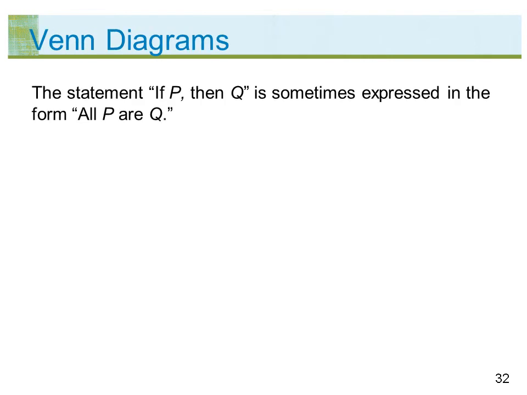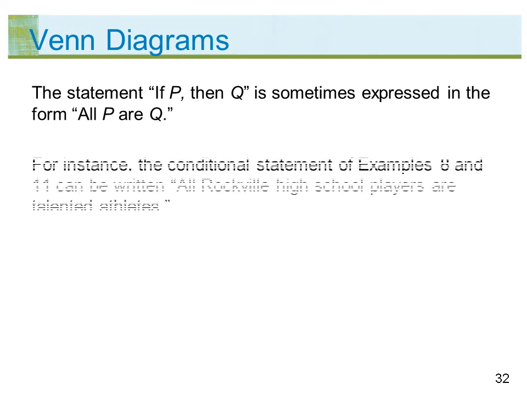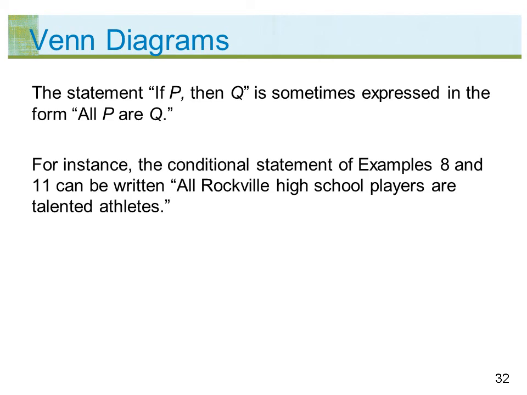The statement if P then Q is sometimes expressed in the form all P are Q. For instance, the conditional statement of examples 8 and 11 can be written all Rockville High School players are talented